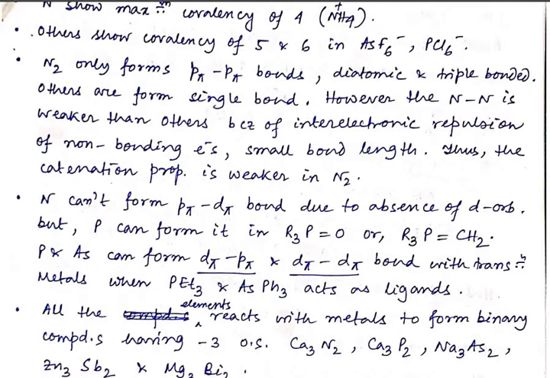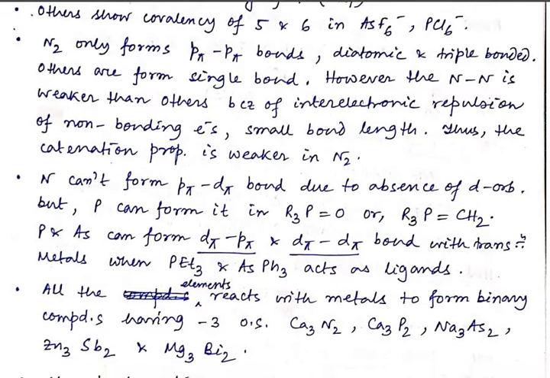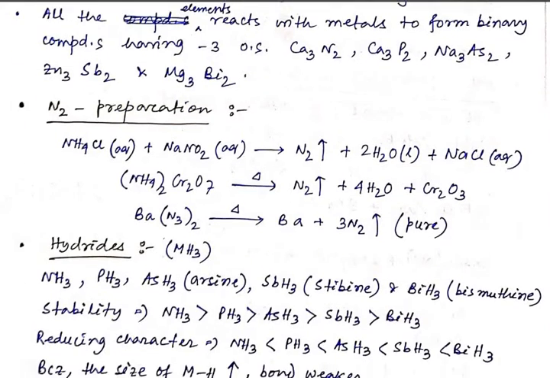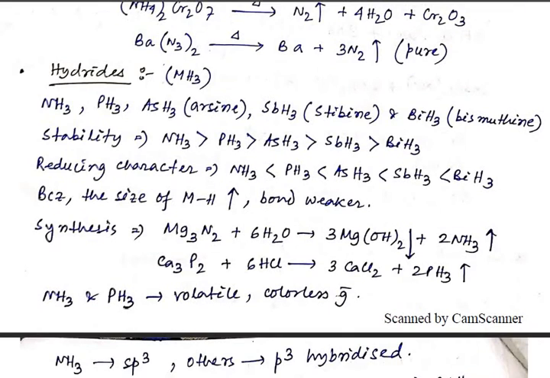So in case of nitrogen, it cannot form the p-pi-d-pi bond due to the absence of the d orbital, but phosphorus can form the d-pi-p-pi or d-pi-d-pi bond, and these things can also happen in case of arsenic, but antimony and bismuth mainly form the single bond or the sigma bond. So these things also we have taught in our last classes. Then we have synthesized the nitrogen, and then the main thing, that is the hydrides of the group 15